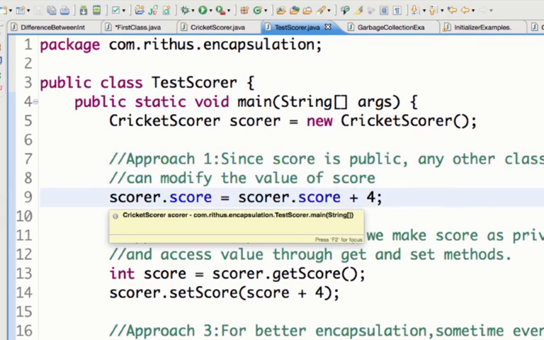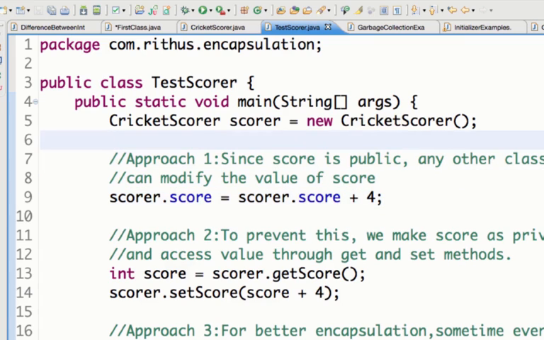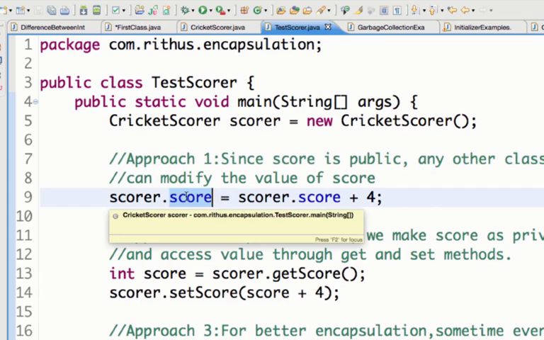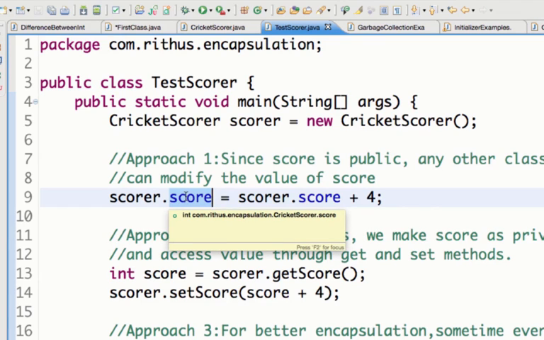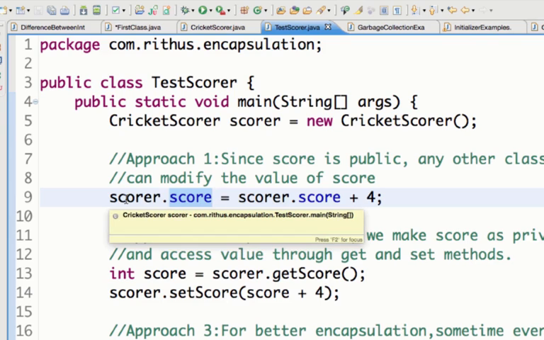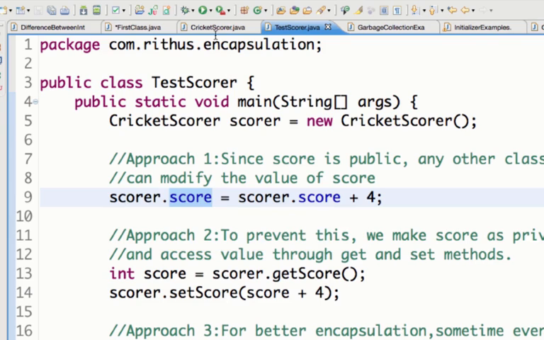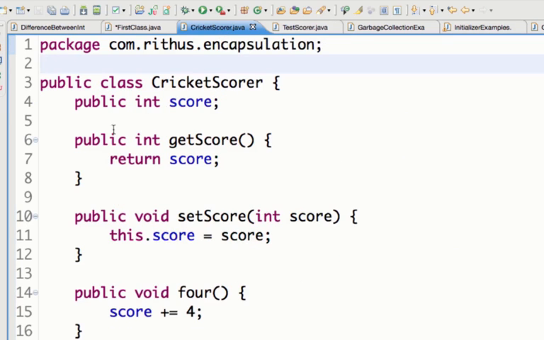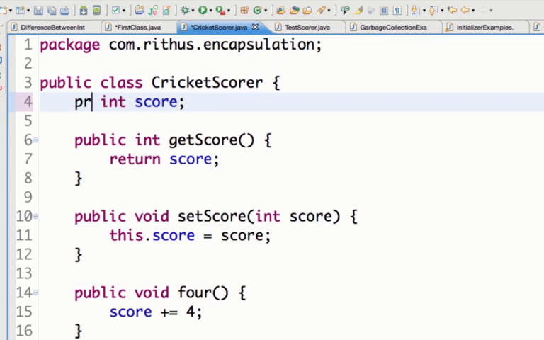This is not a good example of encapsulation. What do I mean by that? So score is something which is internal to the scorer class. So that score should not be allowed to be accessed outside the scorer class. And all the manipulations to the score should be done directly in the cricket scorer class. That is what encapsulation is. So how do I do that? Is by making the